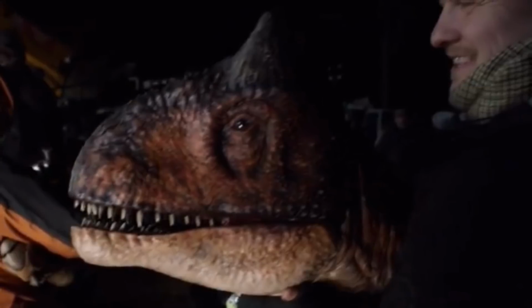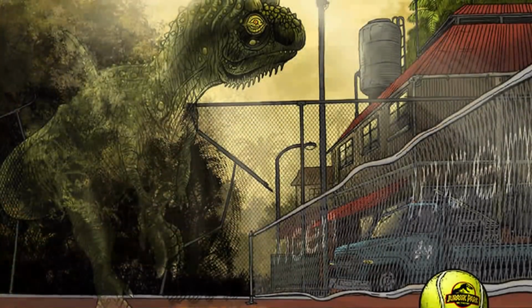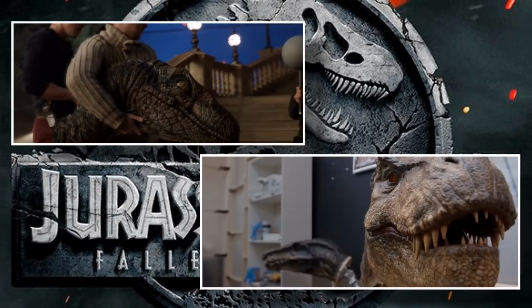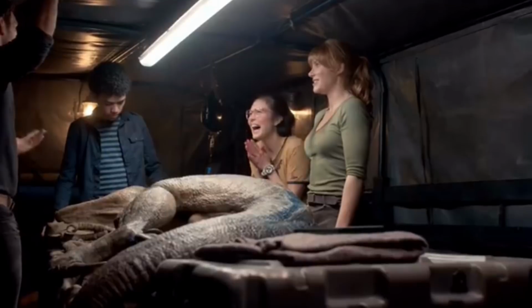It's got a look very reminiscent of toys and depictions of the dinosaur in Jurassic Park's past, but I can only hope it will get an epic scene similar to that of what's shown in Crichton's second book. We see Blue, we see Rexy, and we see what looks like the Baryonyx, or a Suchomimus as well. The animatronic effects they're using in this film actually look